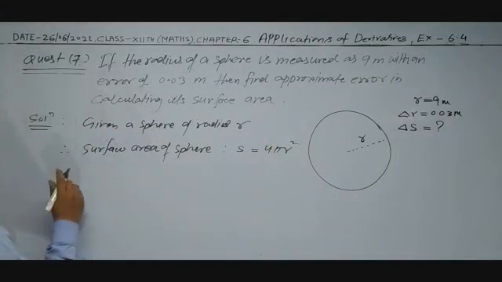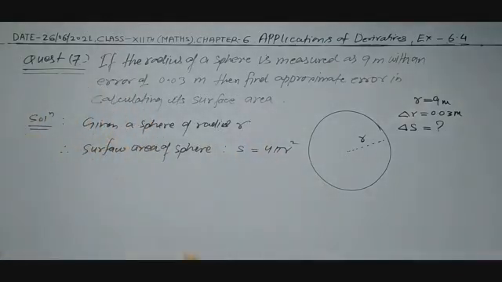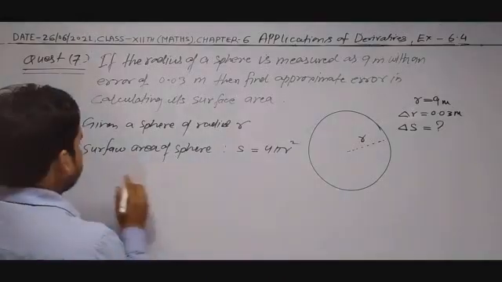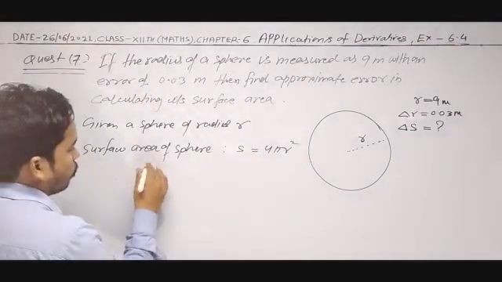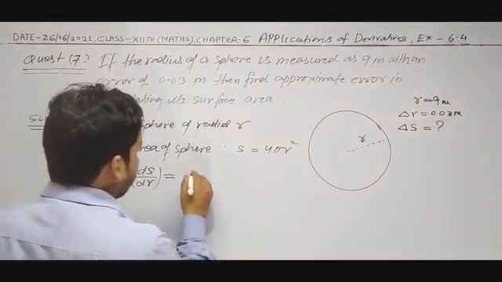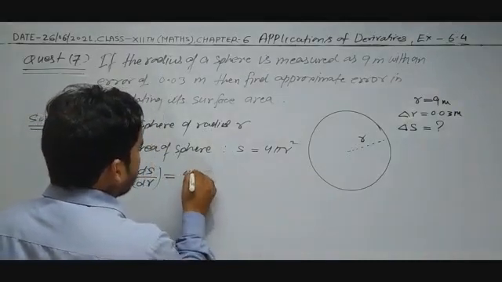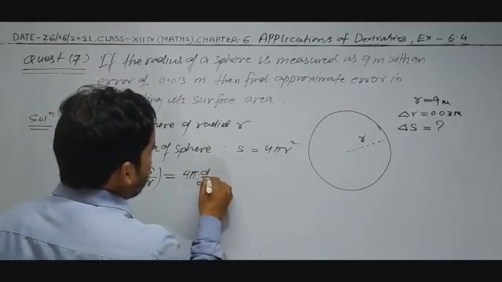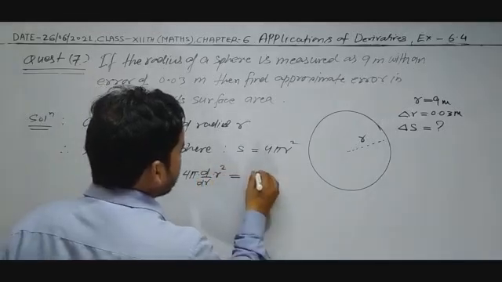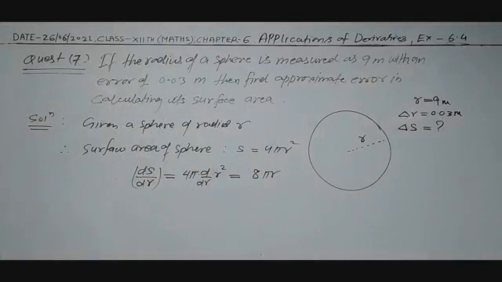And the surface area depends on the radius. So the variable is radius, so you will differentiate with respect to r. So dS upon dr you will get 8 pi r, that means 4 pi d by dr of r square, and you know this is 8 pi r. dS upon dr is 8 pi r. Now we have to calculate del S.